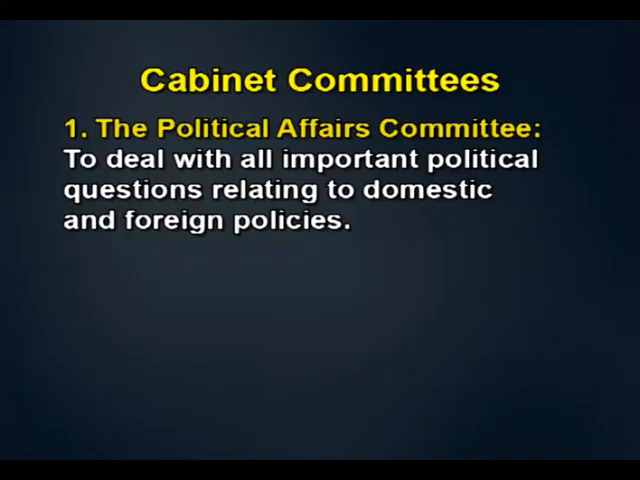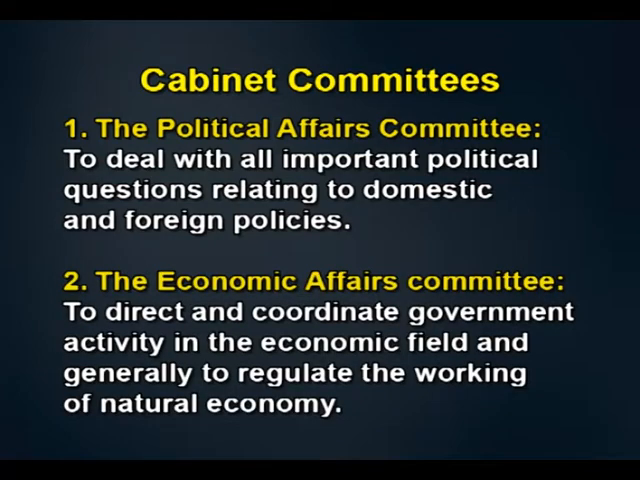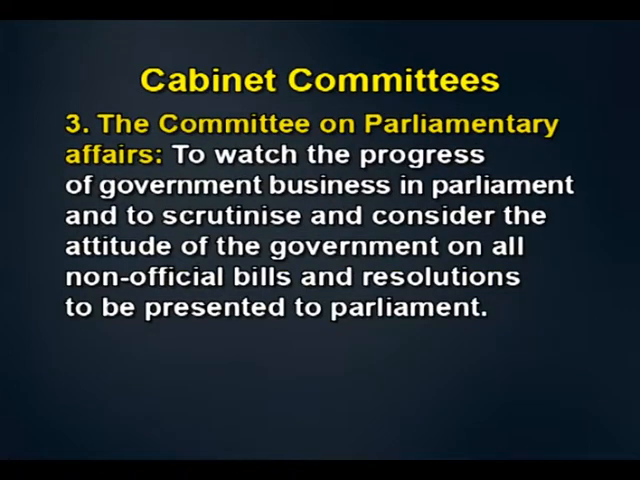First is the Political Affairs Committee, to deal with all important political questions relating to domestic and foreign policies. Second, the Economic Affairs Committee, to direct and coordinate government activity in the economic field and generally to regulate the working of the national economy. Third, the Committee on Parliamentary Affairs, to watch the progress of government business in Parliament and